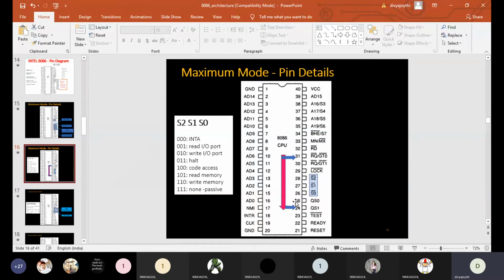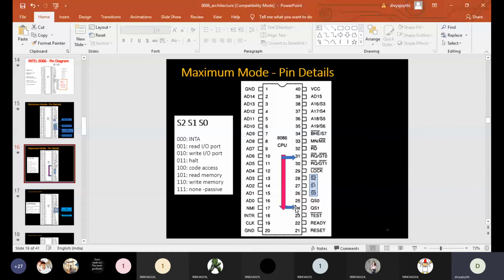And the reverse of this, if 25 is equal to 1 and 24 is equal to 0, that indicates that the first byte of the opcode from the Q is being executed by the EU. Or you can simply remember that in the reverse case, when QS0 is equal to 1 and QS1 is equal to 0, one byte of instruction is being executed by the execution unit.